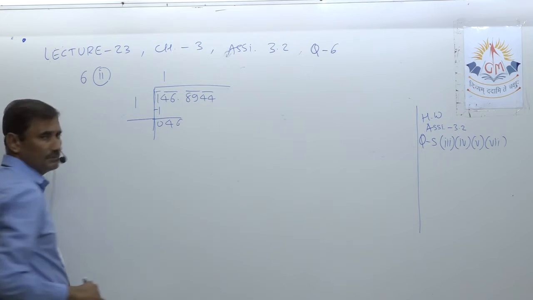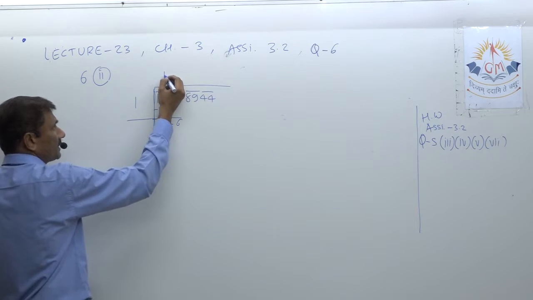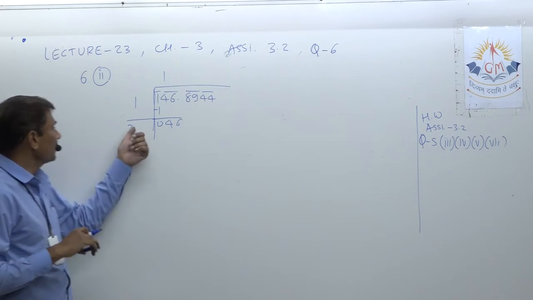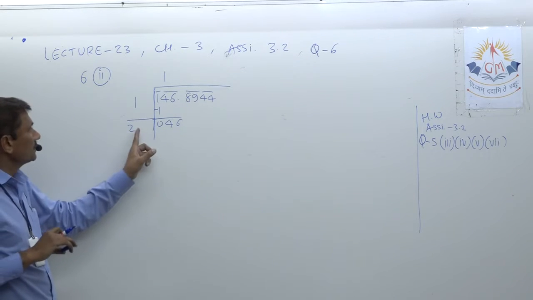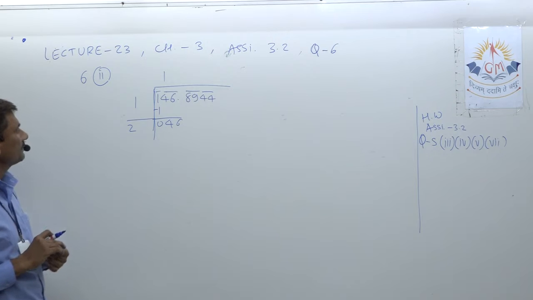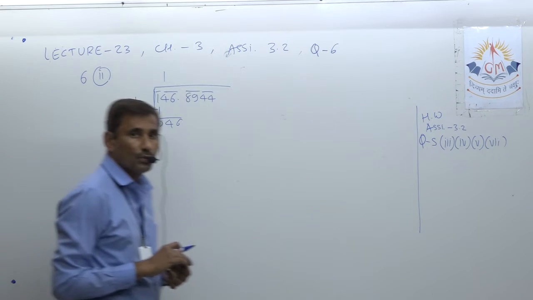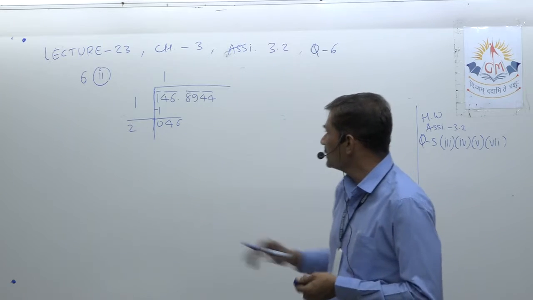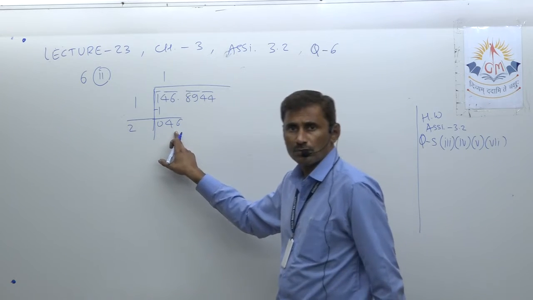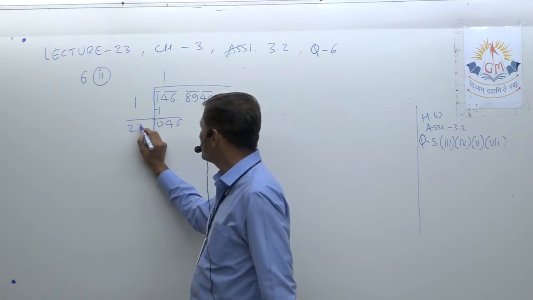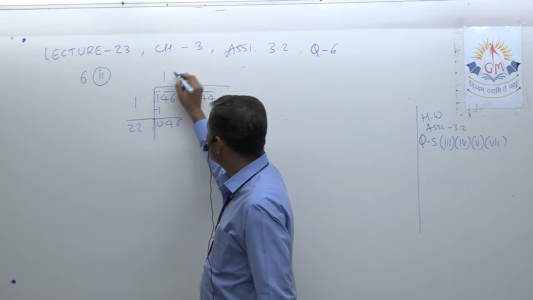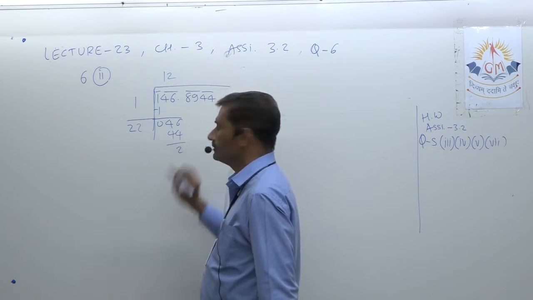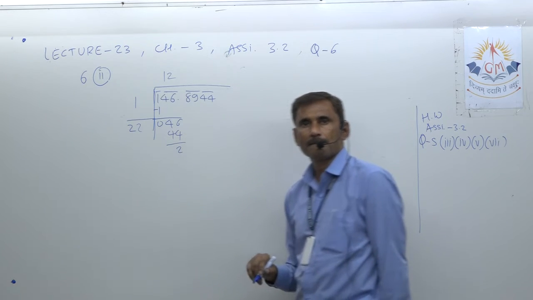46 came here, but before starting just make the quotient twice and write it here. Now you should look here, either 21 1 is, or 22 2s are, 23 3s are, like that. So it will be 22 2s are 44. So we see here 22 2s are 44. 2 left.